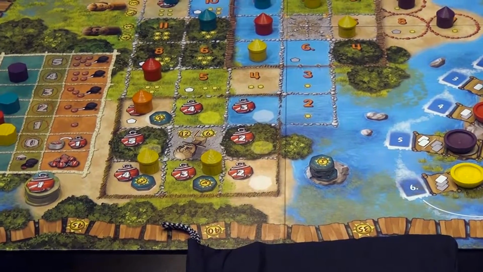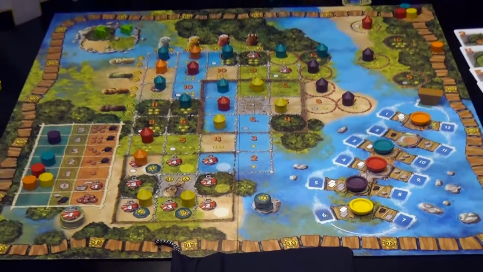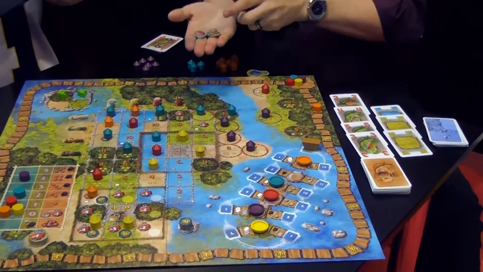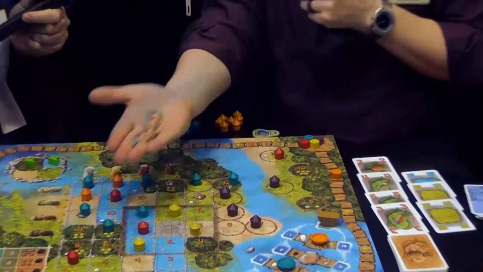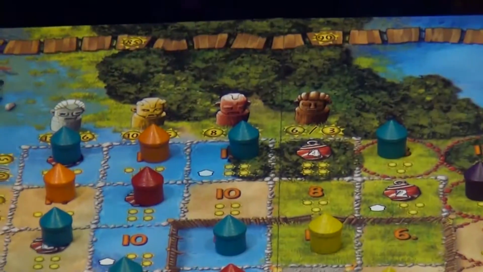Now, the final way to get victory points would be the amulets themselves. Any amulets that you do not spend in order to build huts during the game are worth their own weight in victory points. They've got numbers on them, and well, whatever's left is victory points. You get those,